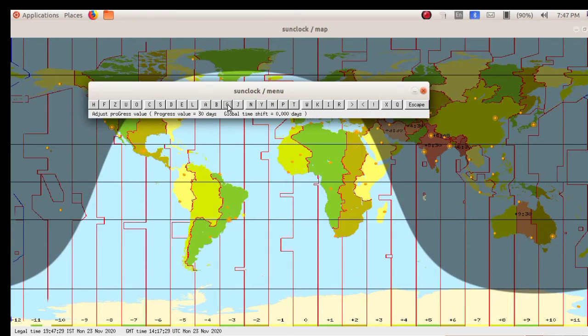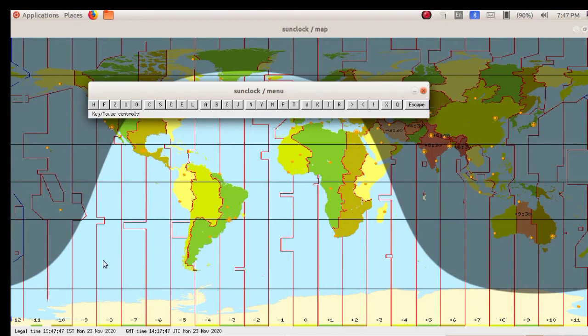That's enough for us. We can make use of the two menus, that is A and B. A means forward, modifying time forward. B means modifying time backward.